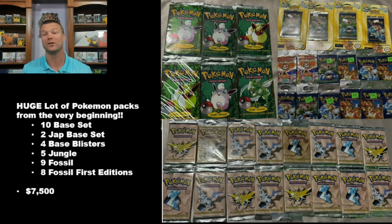Now, next thing we're looking at right here are some of the pack lots that I was telling you about. And we're going to start with this one because this is the OG pack lot, okay? So there were 10 base set packs. There were 2 Japanese base set packs. There were 4 base blisters, right? So the blister packs, they're sealed there in the little bubble, right? Everybody loves blister packs. And then there were 5 jungle packs. There were 9 fossil packs and 8 fossil first edition packs. So if you think about all of this, that is the very beginning personified right there. And that whole lot sold for